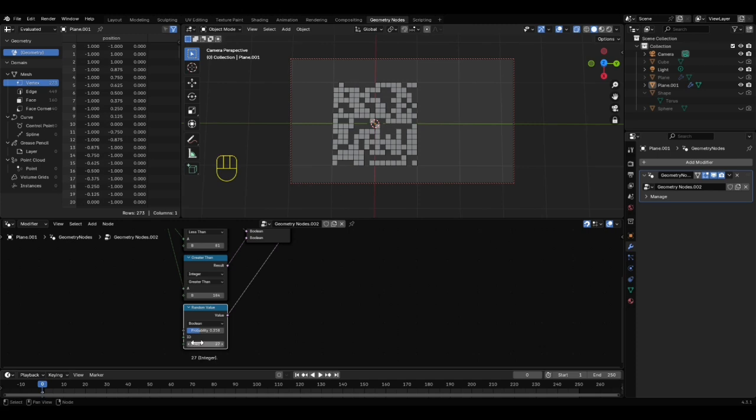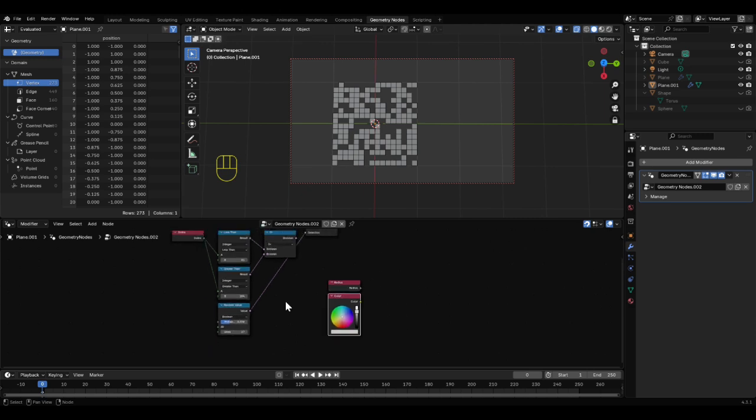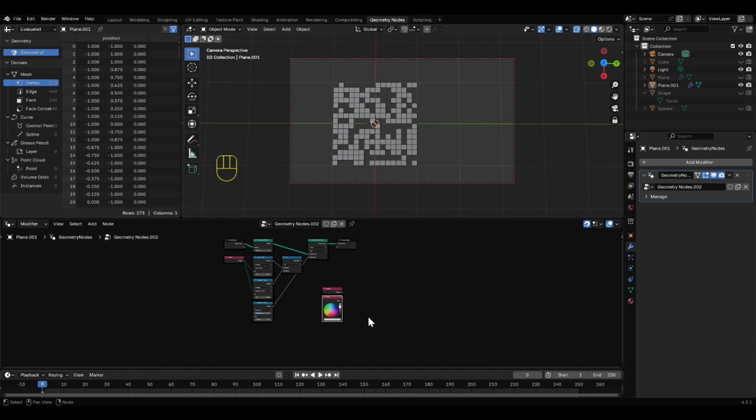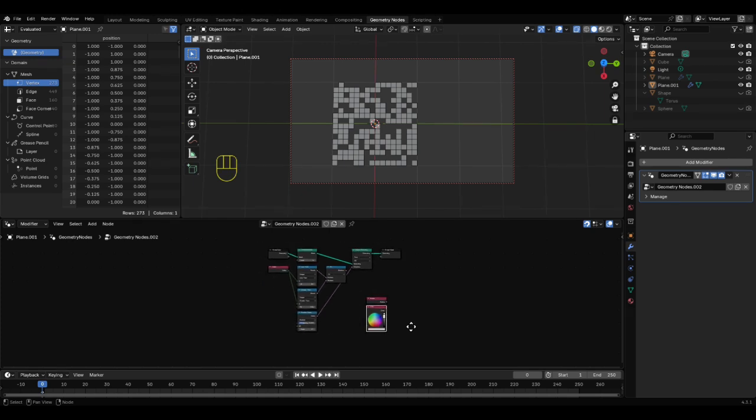There are other attributes available, such as radius and color, among many others, that we're not going to look at today. And there are also custom attributes, where you can store and manipulate data specific to your needs. Let's take a look at an example. We're going to delete our current setup,